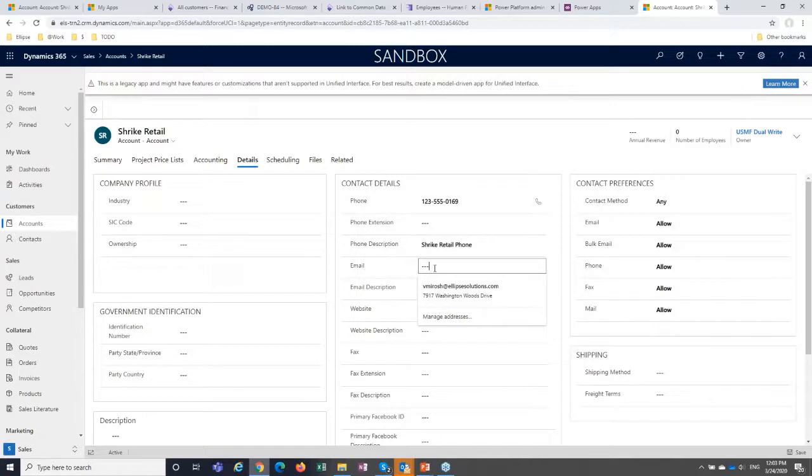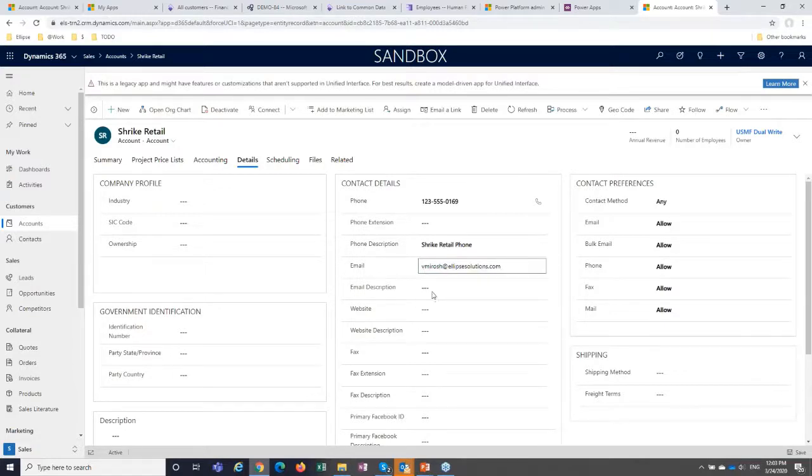Let's add email here. Roche. Ellipse Solutions. And the purpose, demo. All right, and I'm saving the changes. By the way, how do I save the changes? Oh, like that.